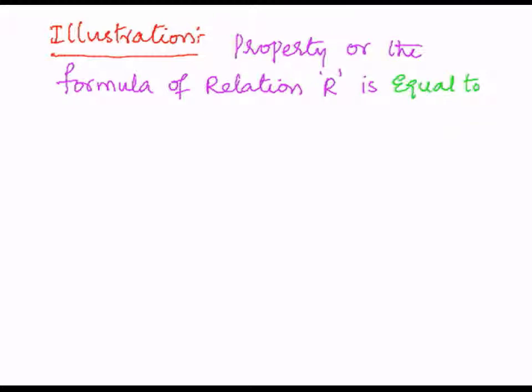we know that any number is equal to itself. When we assume 1 belongs to set A, then 1 comma 1, since 1 is equal to 1 itself, therefore 1 comma 1 also belongs to this particular relation R. If 1 belongs to A, then 1 equals 1, so 1 comma 1 also belongs to this relation R.